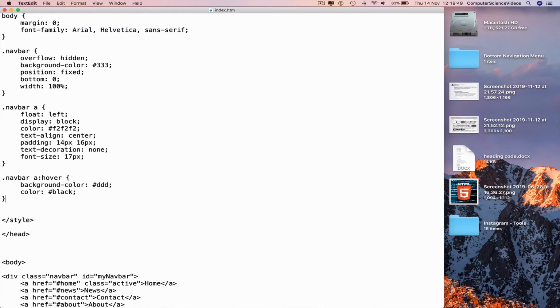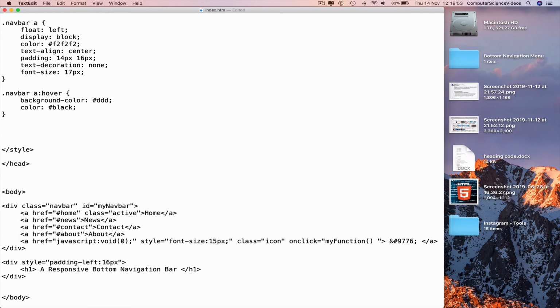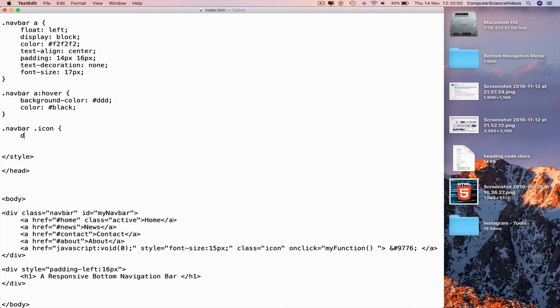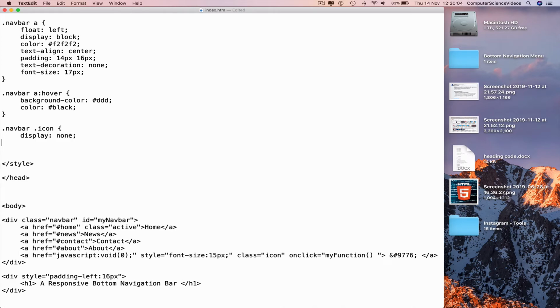Go to a new line again. Dot nav bar, dot icon, curly brace, new line, display, colon, none, semicolon, go to a new line, curly brace,